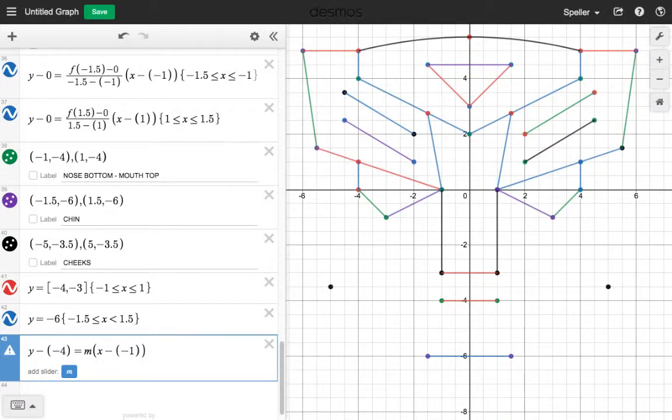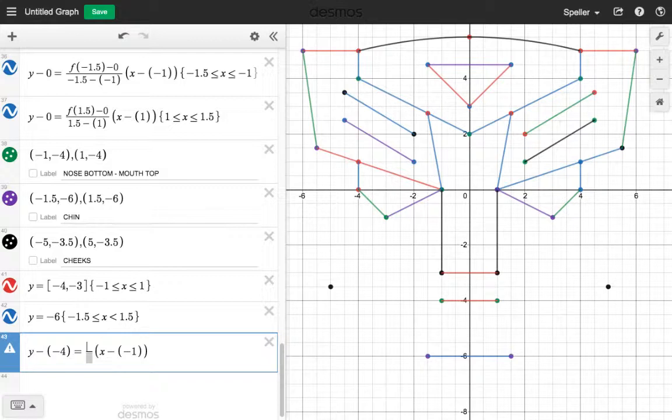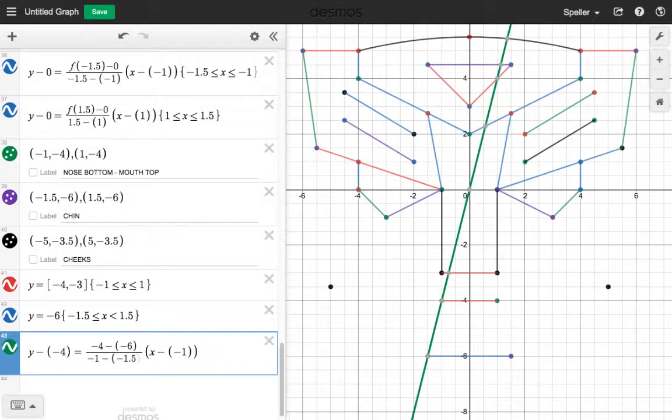And now let's put in the slope. Well, I have the y value here of -4, and I'm going to subtract it from the other value. I see the x value here is at -1, and I'm going to subtract that off from the other value. So I placed in that point here. I need to place in the x and y here. So I need to place in the -6 in the numerator and -1.5 in the denominator. So -6 in parentheses, and then the -1.5 in parentheses.